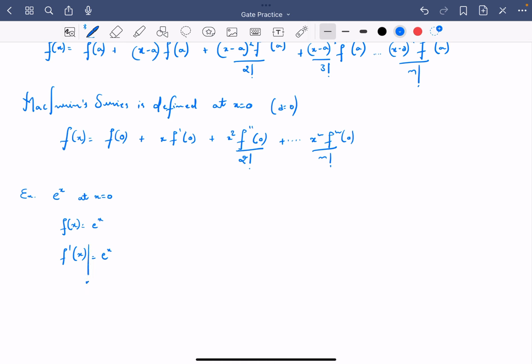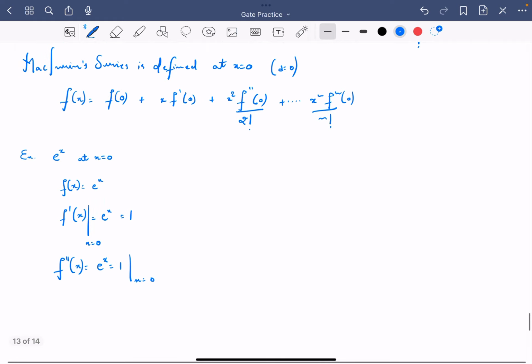Now we need to find it at x is equal to 0. So put x is equal to 0, you'll get 1. Similarly, f double dash of x is equal to e raised to x. That is also equal to 1 at x is equal to 0. And so on. If you calculate this, you'll get the nth derivative at x is equal to 0